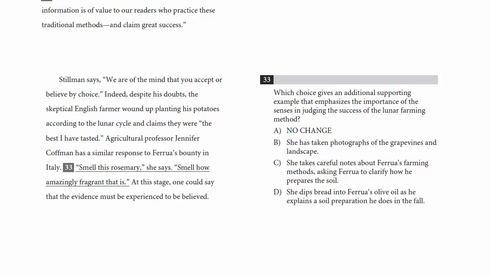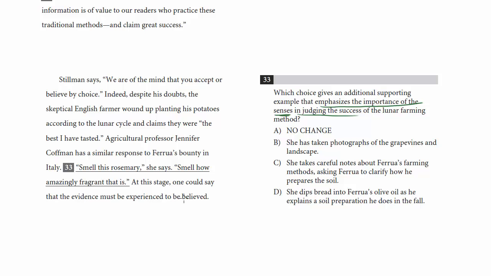33. Which choice gives an additional supporting example that emphasizes the importance of the senses in judging the success of the lunar farming method? So the key phrase here you might expect is the senses. Right? We want a choice that emphasizes the importance of the senses in judging the success. So let's go to the passage. Agricultural professor Jennifer Kaufman has a similar response to Ferrua's bounty in Italy. Smell this rosemary, she says. Smell how amazingly fragrant that is. At this stage, one could say that the evidence must be